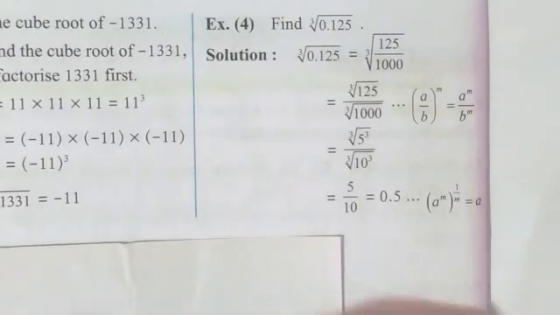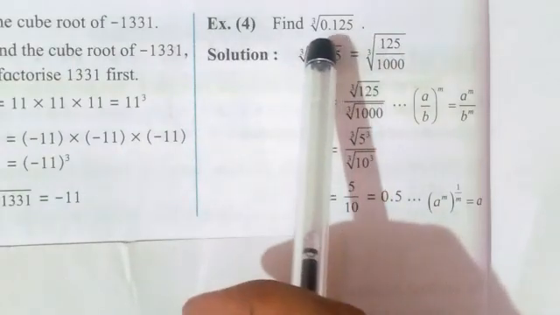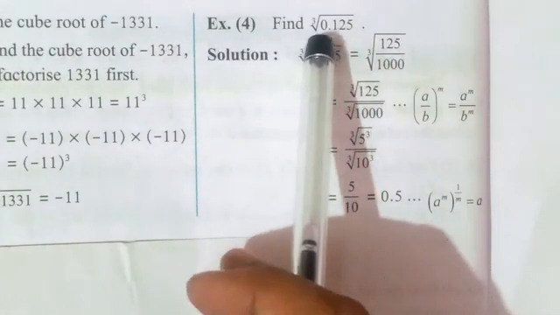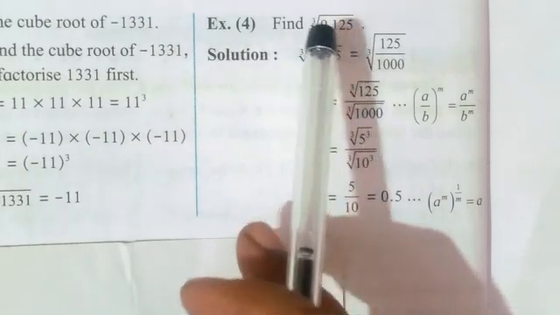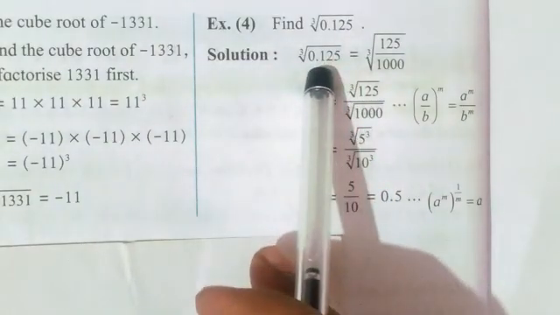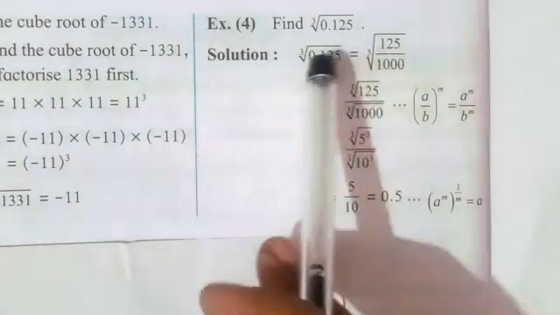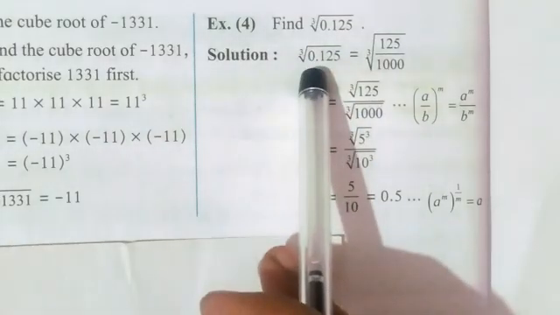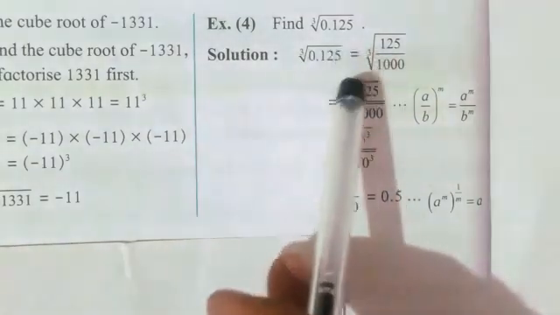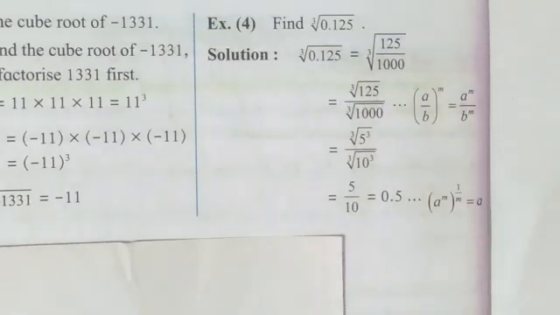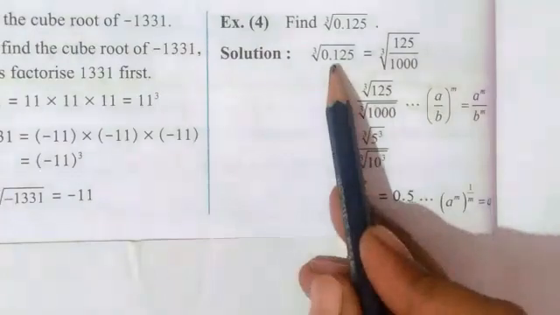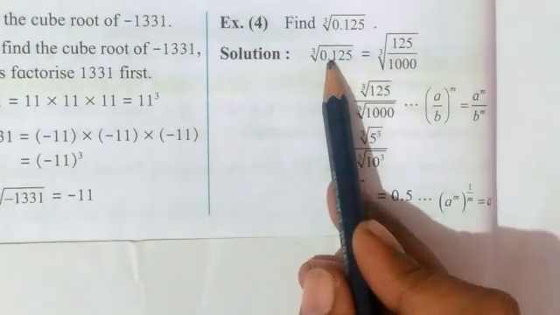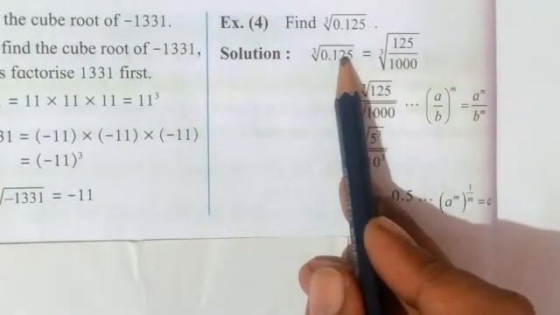Now here the fourth sum is given, where we have to find the cube root of a decimal number. It is a little bit difficult to find the cube root of a decimal number. So what we have done here is convert the decimal number into a rational number. It means we have shifted this decimal point, and we are going to divide by 1000. Why are we going to divide by 1000? Because after the decimal point, 3 digits are there: 1, 2, 3.